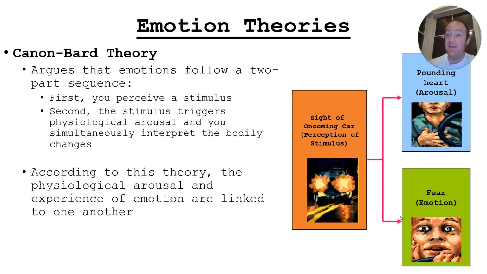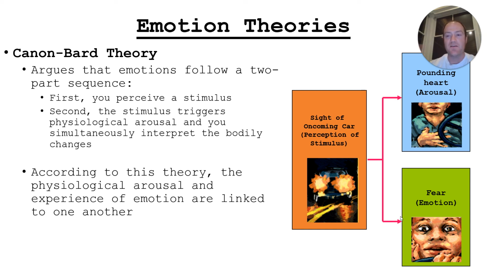This would sort of explain how people might have the same physiological arousal and have different emotions, because it's saying that in that scenario, that event, that stimulus, with all the other things going on in that situation, would influence the emotion. So when a car is coming towards you, yeah, that's scary. But if someone just jumps out and scares you on Halloween, not as scary, because you kind of expect it